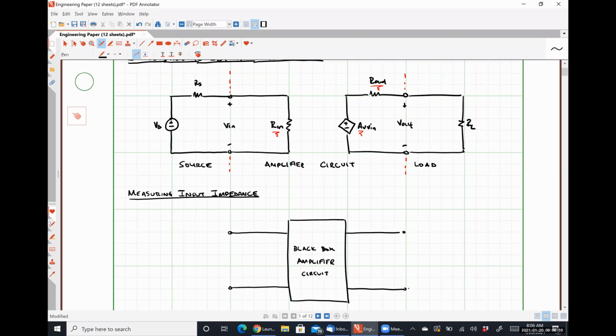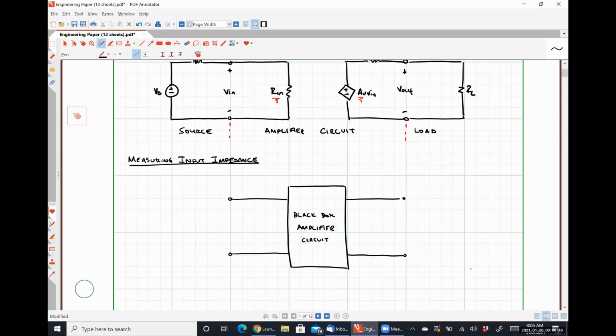We have input terminals, which I'm drawing on the left-hand side, and output terminals that I'm drawing on the right-hand side. If we wanted to determine the input impedance, what we would do is apply